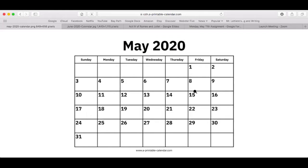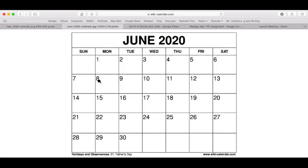So that means that in May, we have 9 days together left. And then we have June. In June this is going to be your shop week, and so this is going to be your academic week. That means we have 5 days in June together, because the following week is your last week of school and it's a shop week. So the 15th, 16th, 17th, 18th, you'll spend in shop. On the 19th, you don't have school. Aside from that, in total, for the whole rest of this school year, you will have 14 academic days